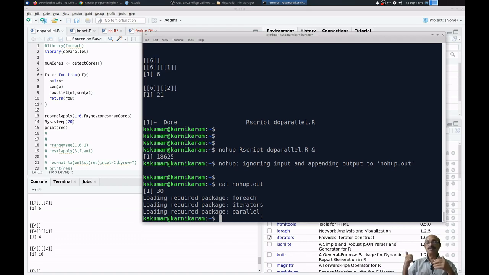After it is over, maybe if it is taking 4 hours, then after 4 hours, if you again switch on the computer and connect to that server, then you will get the result. Everything will be written in nohup.out, all the output. Suppose you want to write it to a file, there are commands like write.csv or write.table, then you can write the result into a file. So parallel programming is very simple. I have even shown how to run a program.